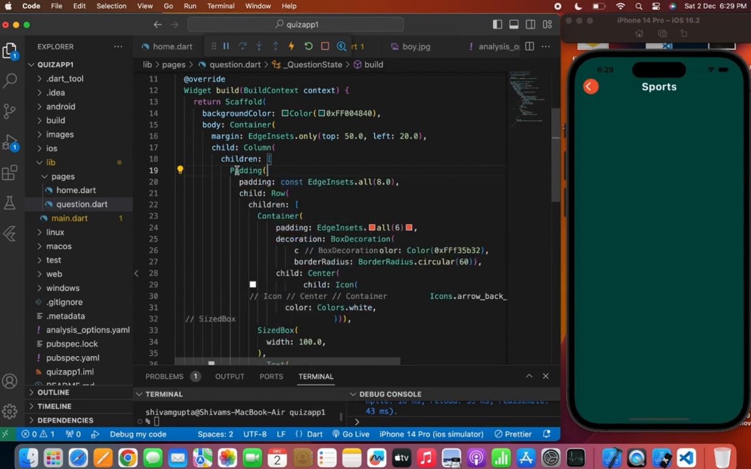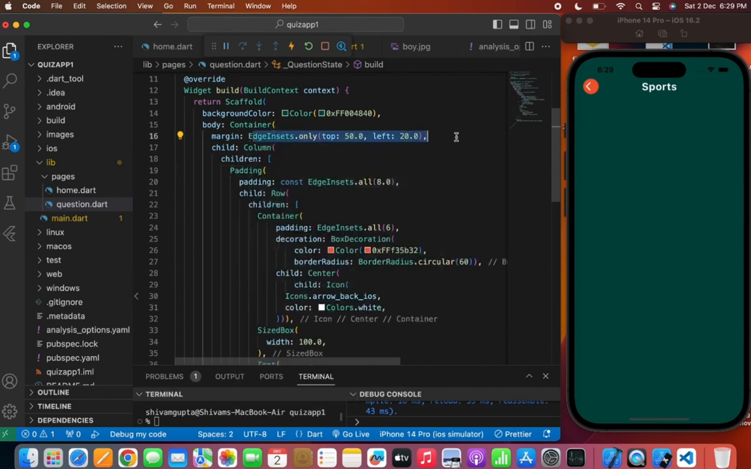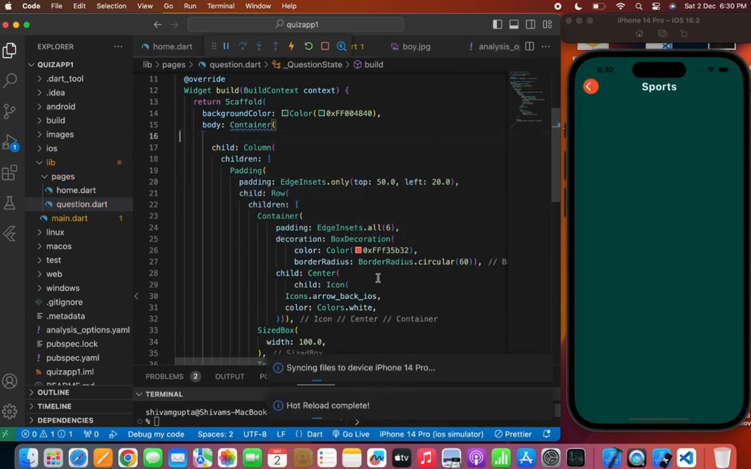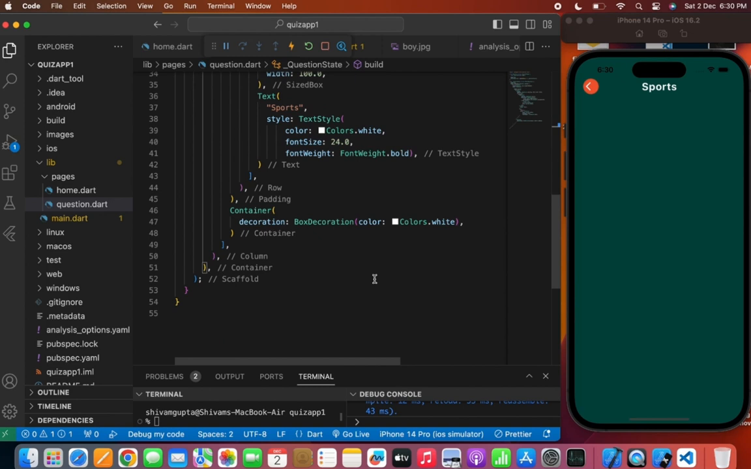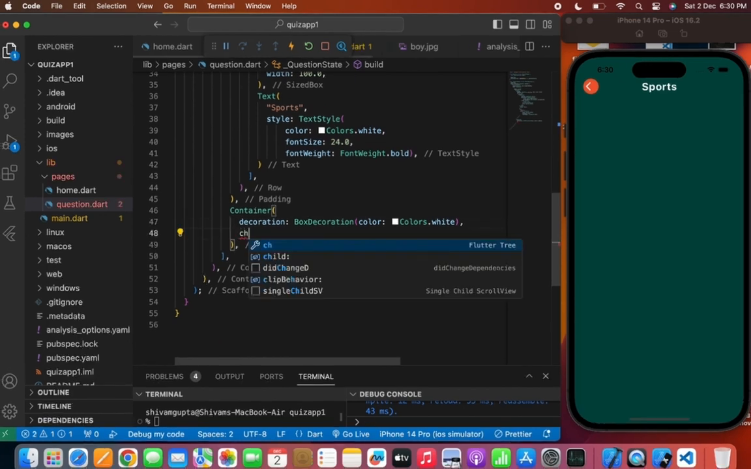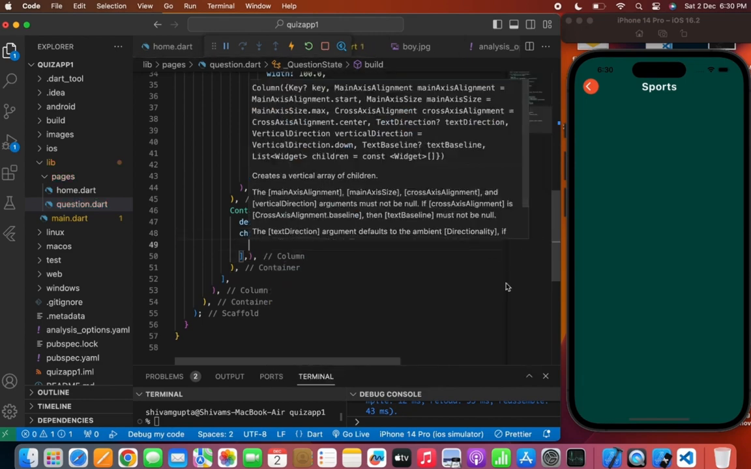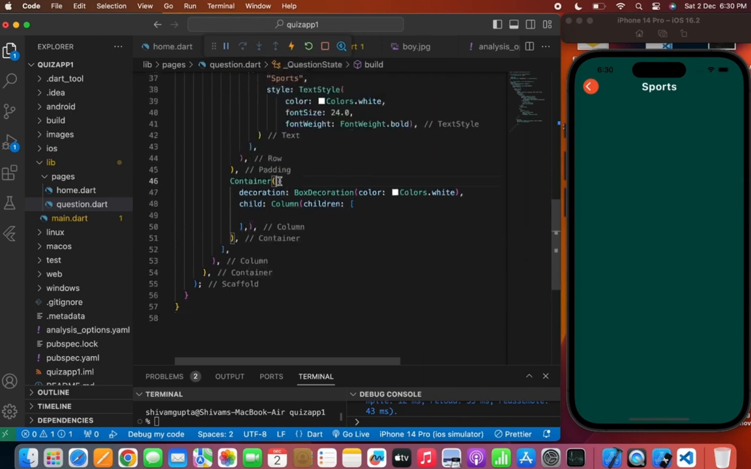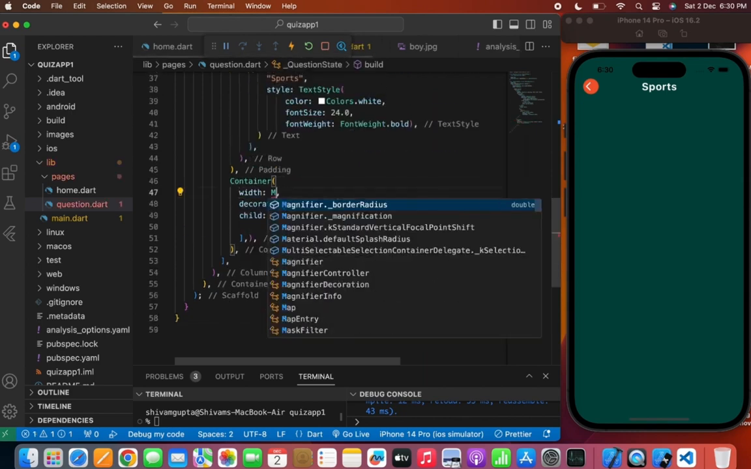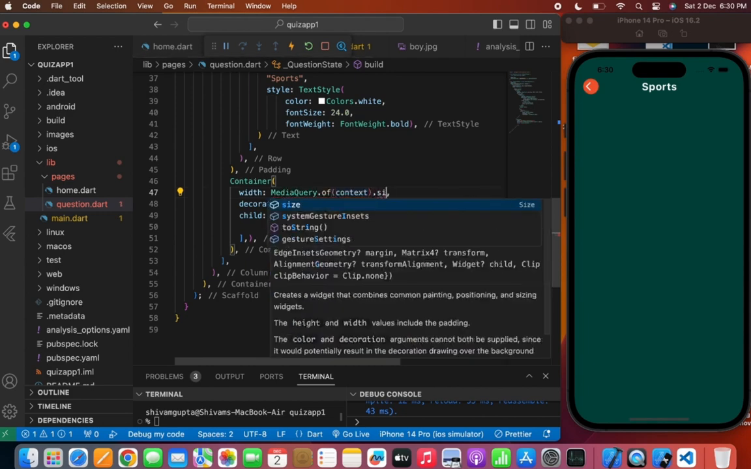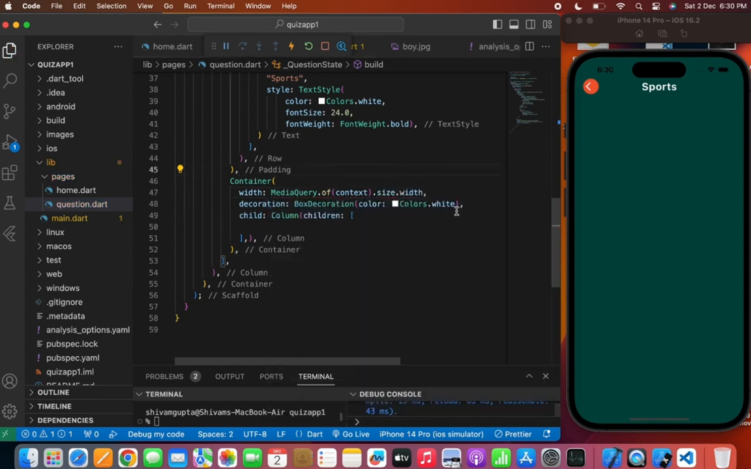Though I can't give the complete margin to the container here, so I will remove the margin from here and will specifically wrap the row widget with a padding widget and pass a specific padding from the top and left position. Now inside the container I will write child column children, and in the container I will use a width, again MediaQuery, to use the complete width of the screen. So I will write MediaQuery dot of context dot size dot width, and in the decoration I will write